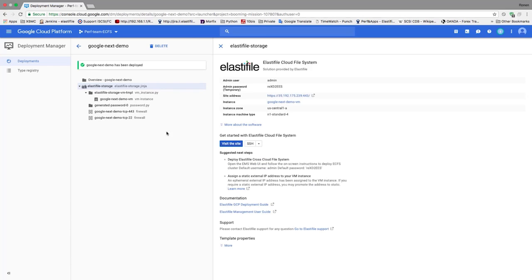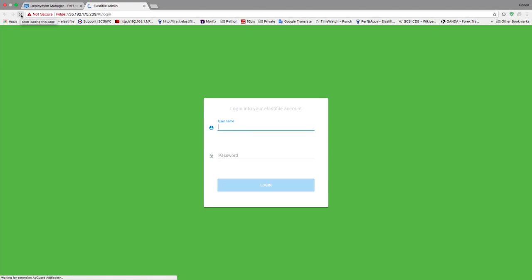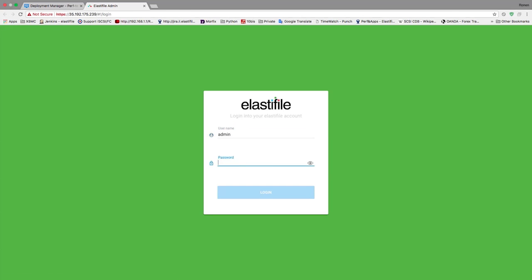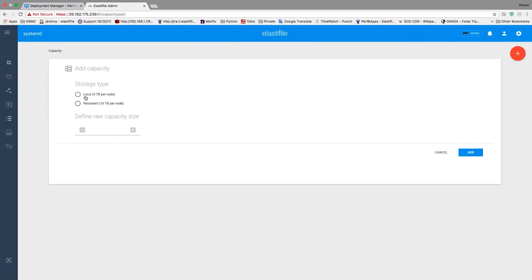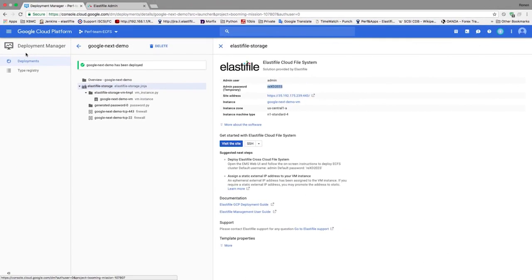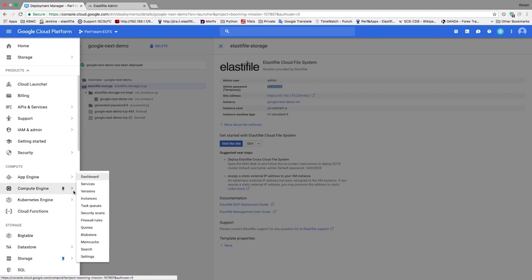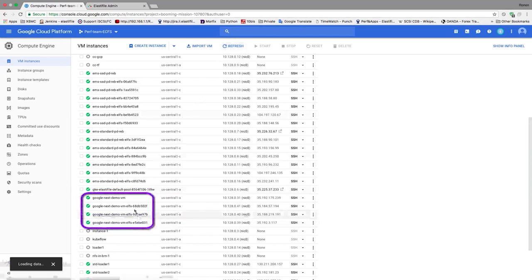On the far side, or over here, you'll see it gives you unique credentials you can use to log in for the first time. This is our console, or GUI. All of these functions, again, are available through our API. You tell it what kind of storage you want to use. Local SSD, persistent SSD. We've actually just added a few more options to that list just in the last couple of weeks. And in no time, once you hit go, this will spin up, puts a few VMs out there